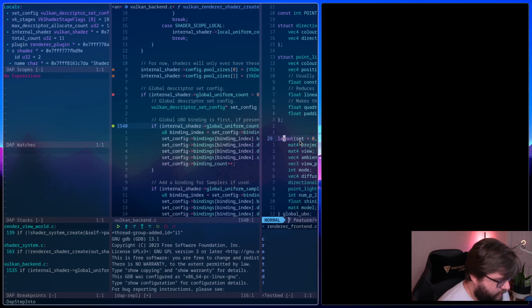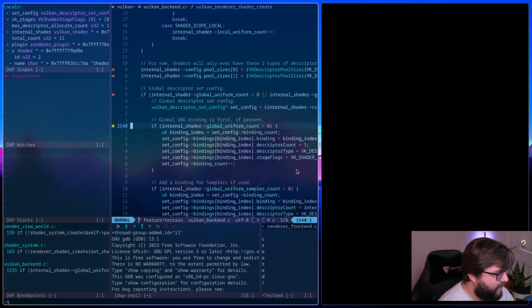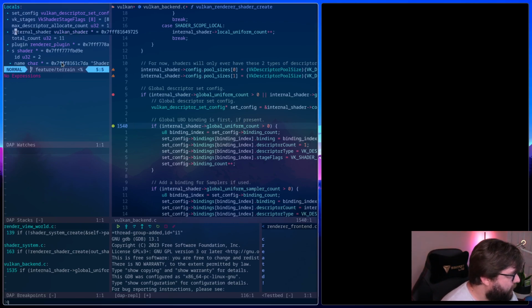And let's go ahead and close that so we can see what we're doing. Our global uniform count in our internal shader should be, let's see, where is it? 11. That seems right based on what we had before.